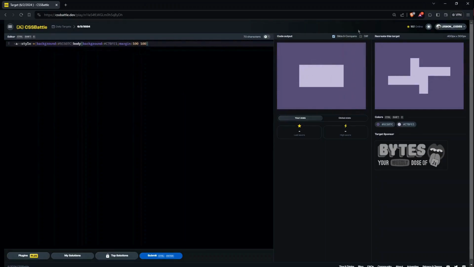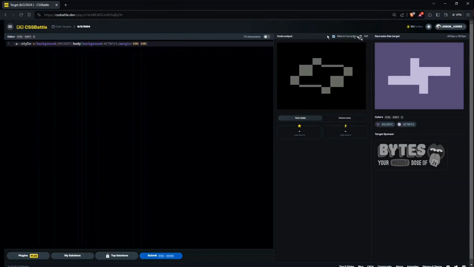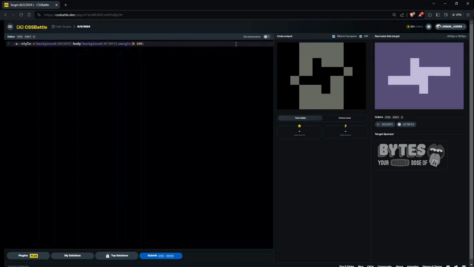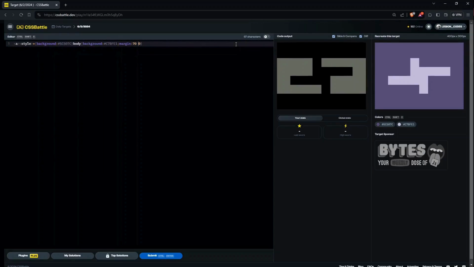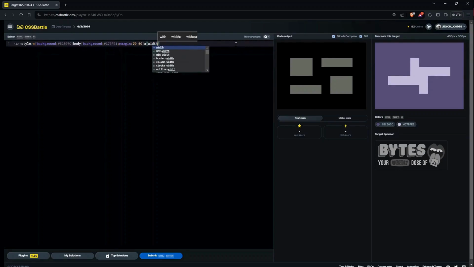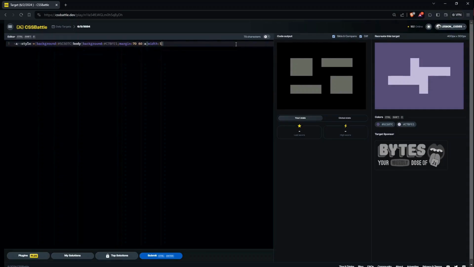Let me switch on the difference real quick so that we can see what margins we need. So 80, 70, and here it will be 60. Yeah. So now I'll use A, and A will have a width of, and it will be okay, I'll give 200 straight, and a height of 100,